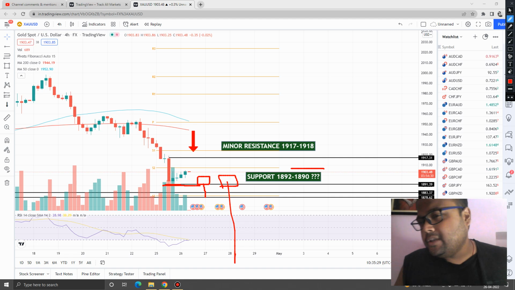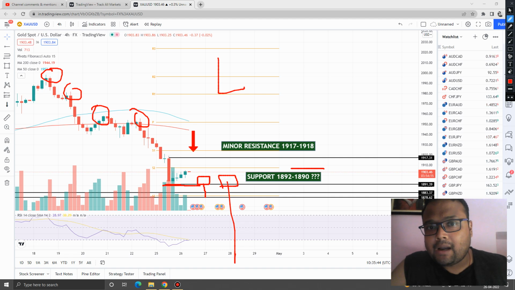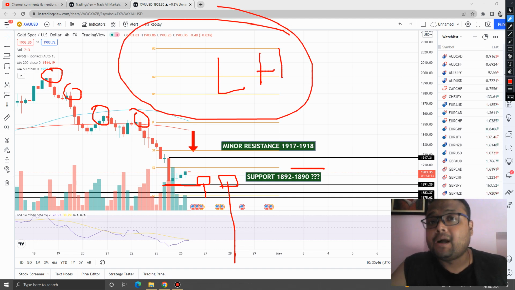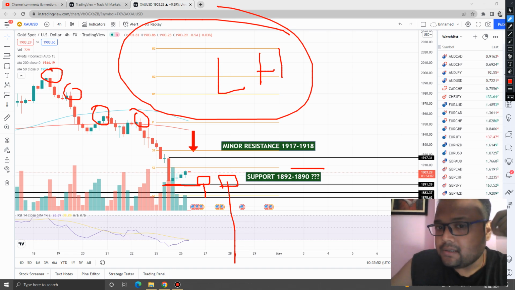Yesterday we did not need any confirmation because this was the strongest support zone. Today we need confirmation because the market has already tested the level. And never forget that the market is constantly forming lower highs, which signifies an increase in selling pressure. So if you find the market taking support and bouncing, you can go for a buy.